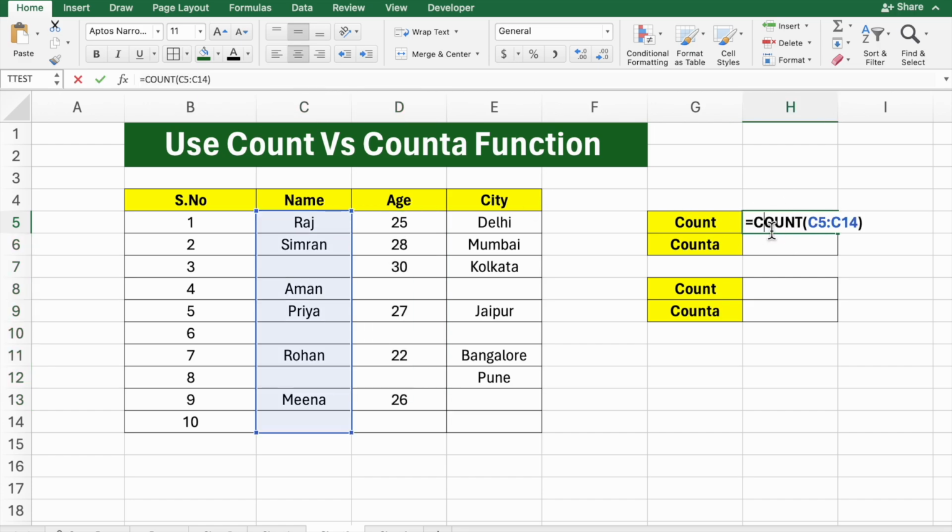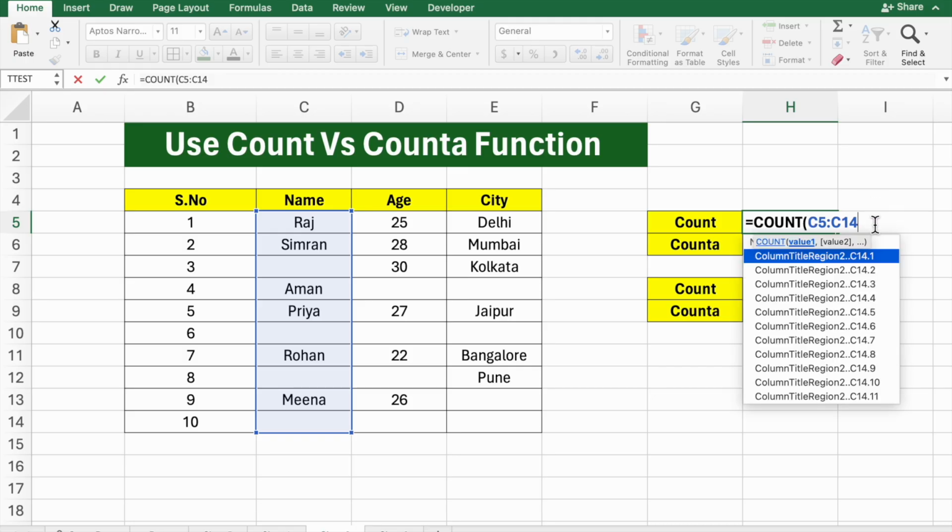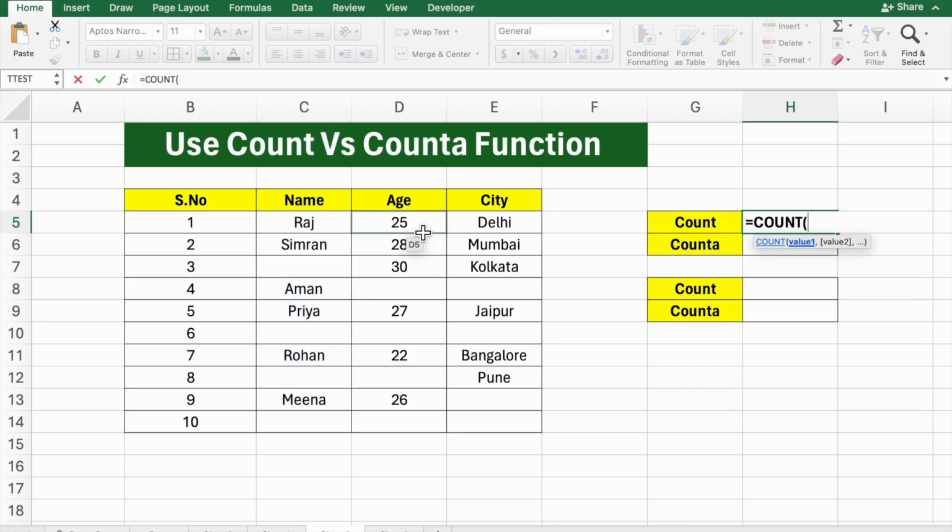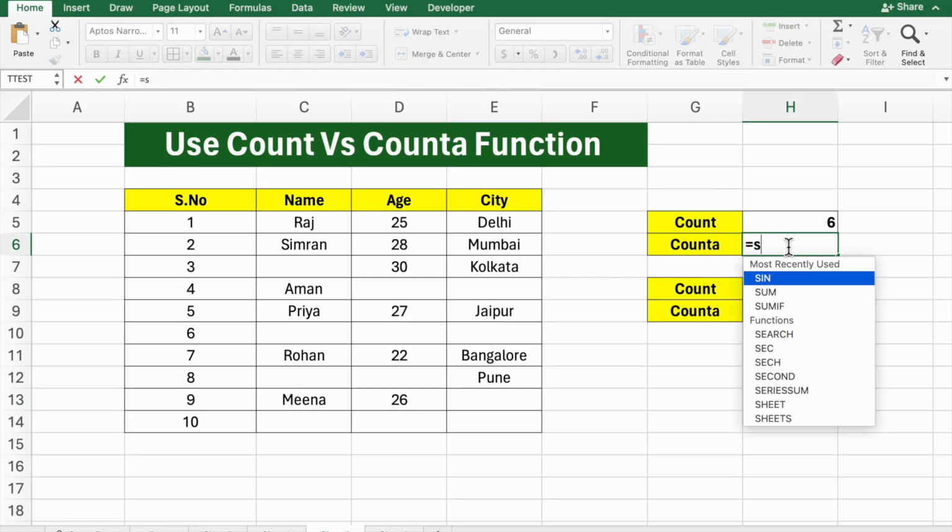Okay, so if I use this count function in the age column, then you will see the result is 6. So 6 means that in this column there are 6 cells with numbers. Now the counta function, so we will use the counta function